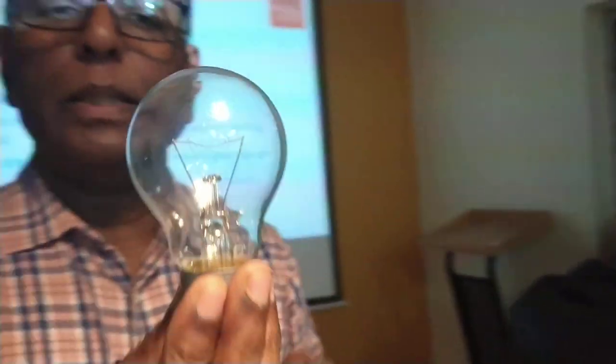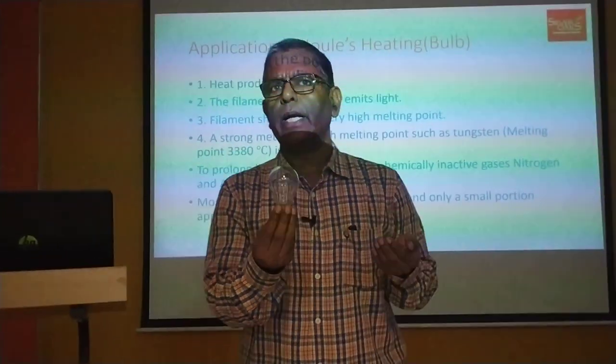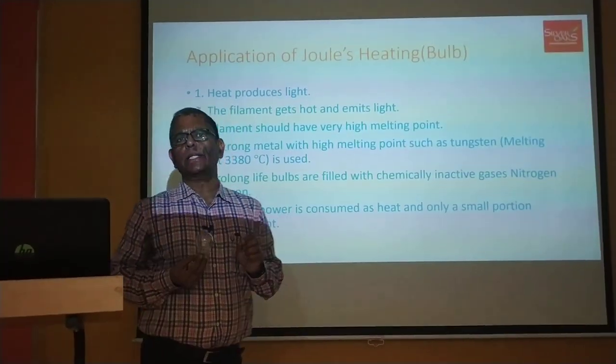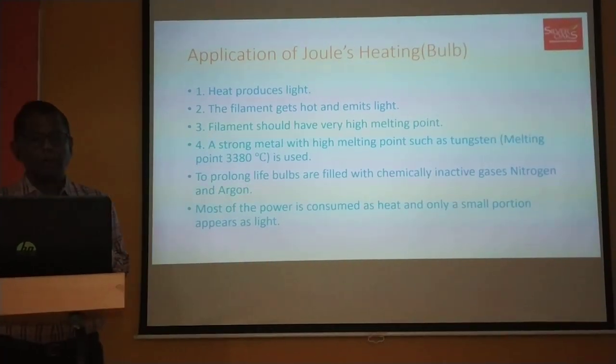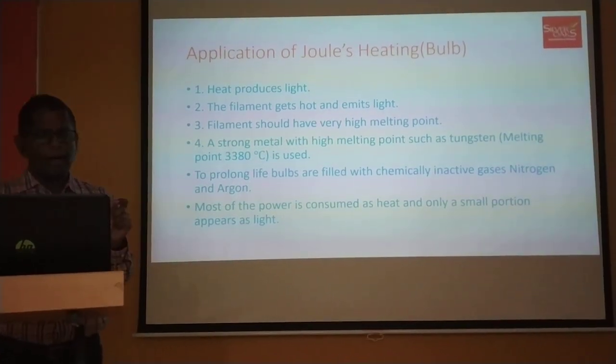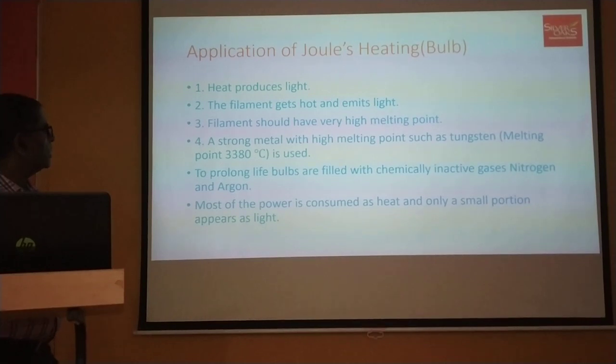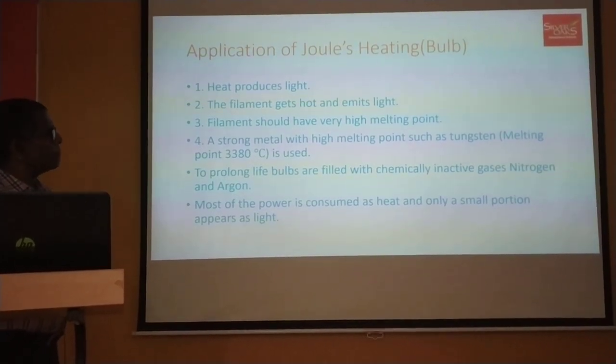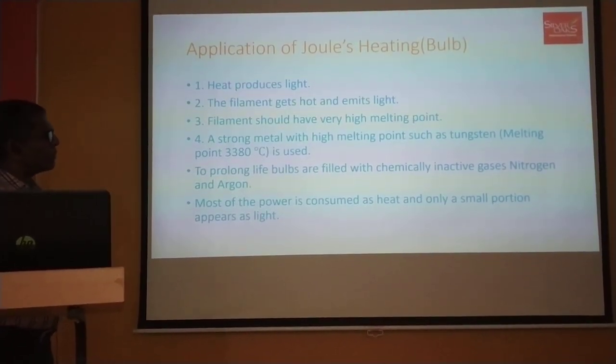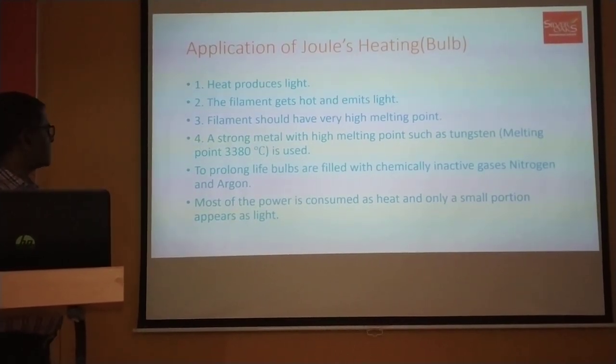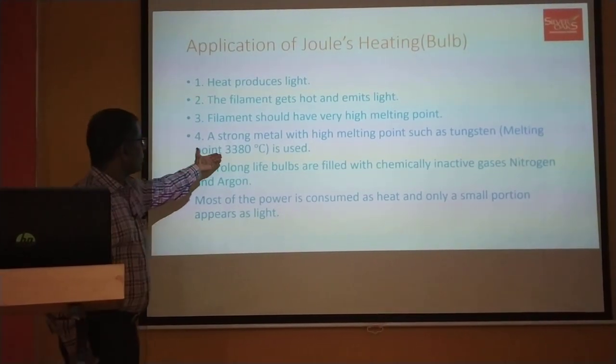Now this filament is made of a very special type of material, and the temperature is very high. So the material selected is such that it does not melt, and the filament is made of a very strong metal with a very high melting point. Normally we use tungsten, and the melting point of tungsten is of the order of